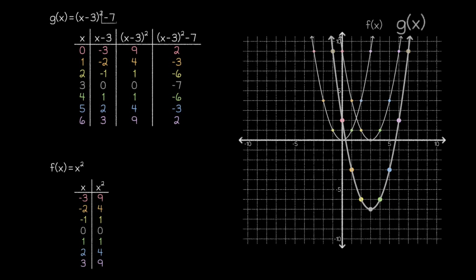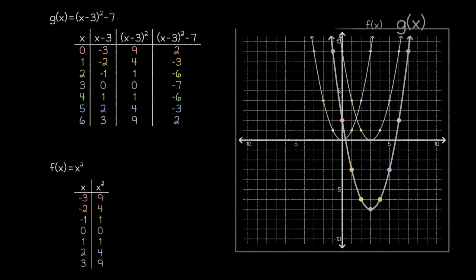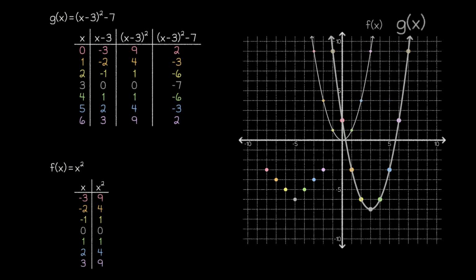Then, the -7 outside the parentheses in our function definition caused all the outputs to be 7 units lower than they were after squaring. This shifted the graph down by 7 units. This sort of analysis shouldn't be anything new since we've done this process many times before with graphs of absolute value functions. Still, it is good to confirm that the same principles apply when working with graphs of quadratic functions.